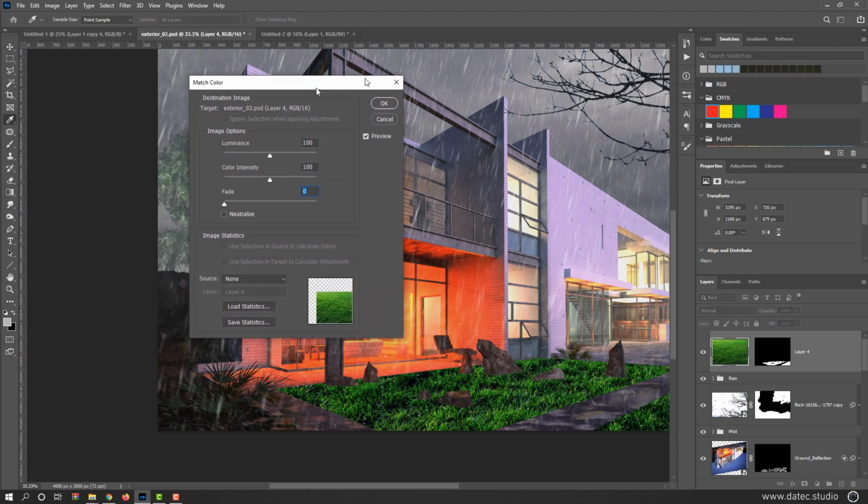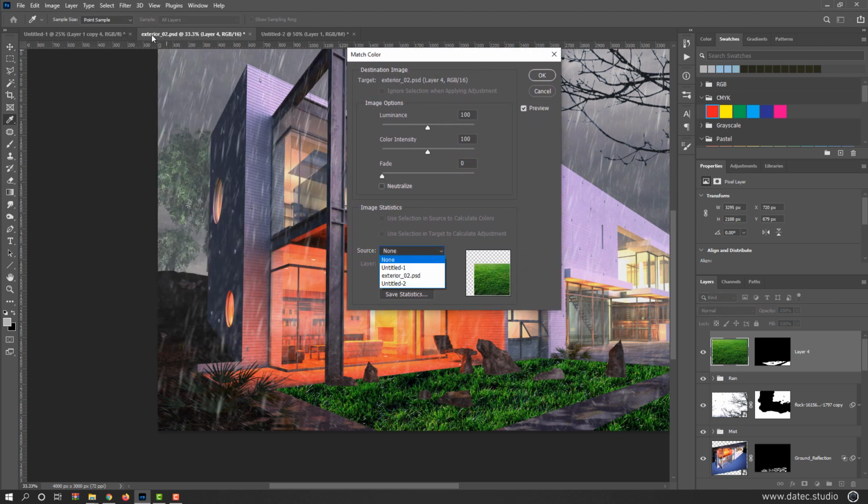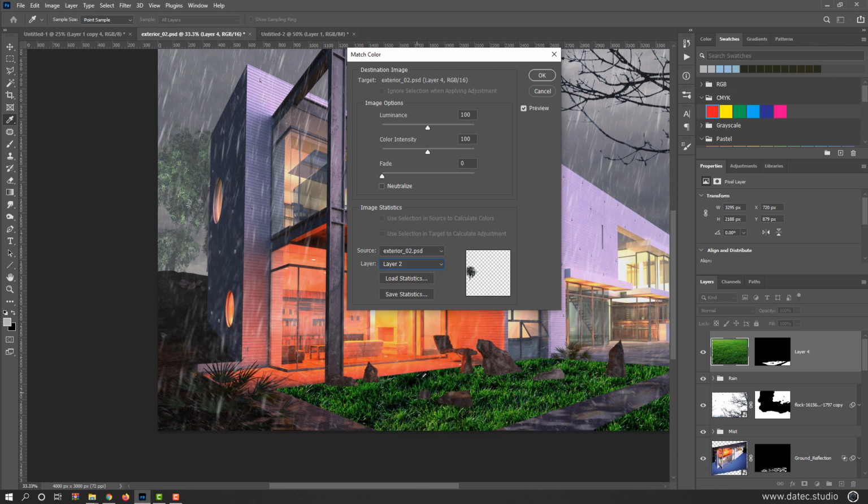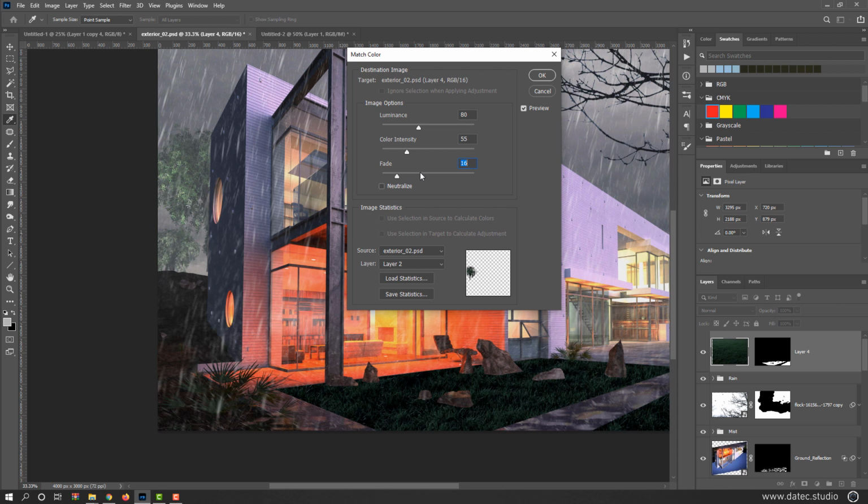If I select that, the source is our current document, so exterior underscore 2 and layer number 2. As you see, it's trying to match your layer. Here you could decrease the color intensity and even luminosity and fade to set that, but honestly I usually prefer